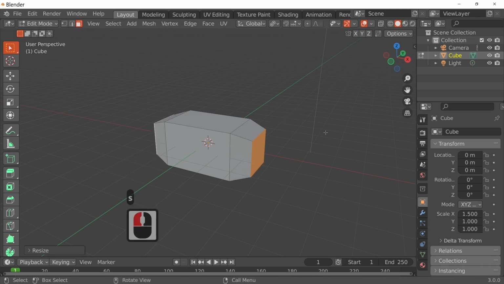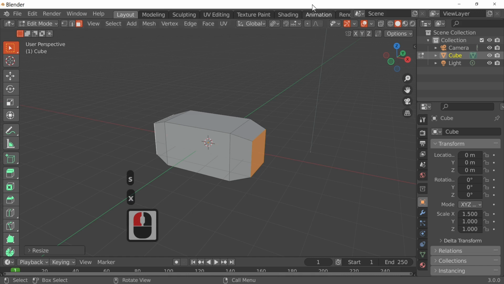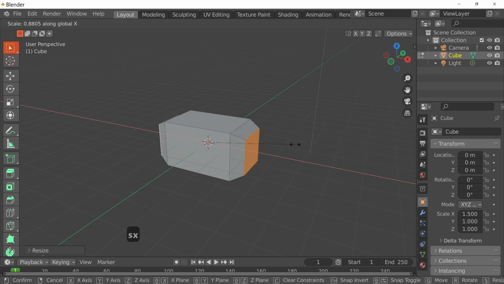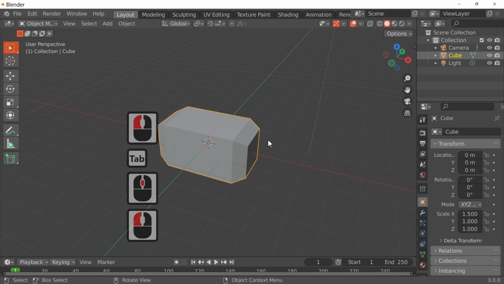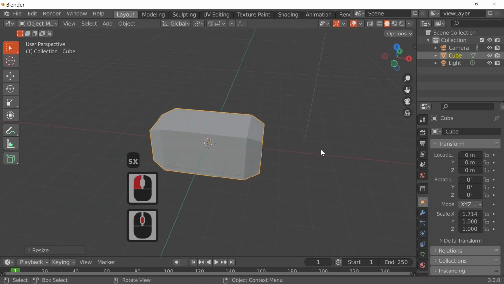And I'm just going to move the faces, S then X. Because we're not in the median point there, it's not scaling around the center point. So S, then X, and that'll allow us to make the shape of our hammer. I think that's a bit short, so I'm just going to freeform and scale this in the X direction until it's about where I want it.